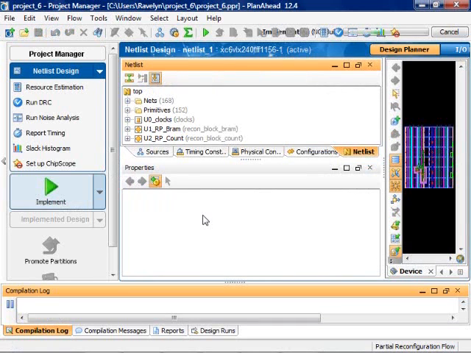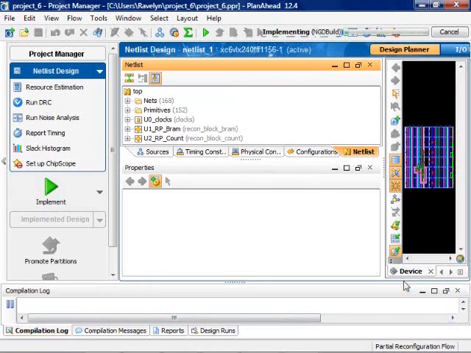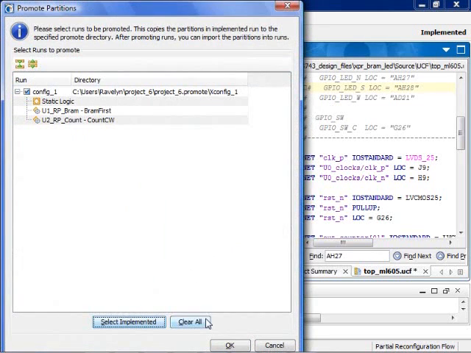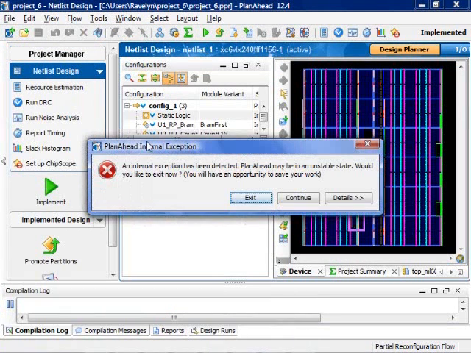PlanAhead automatically generates an initial configuration based on the order in which you add your partially reconfigurable designs. So if we give it a minute, actually it may take a while, so I'll just pause the video and start up again when it finishes. Once the implementation completes, you can promote the partition, and promote config on, and then you go to,